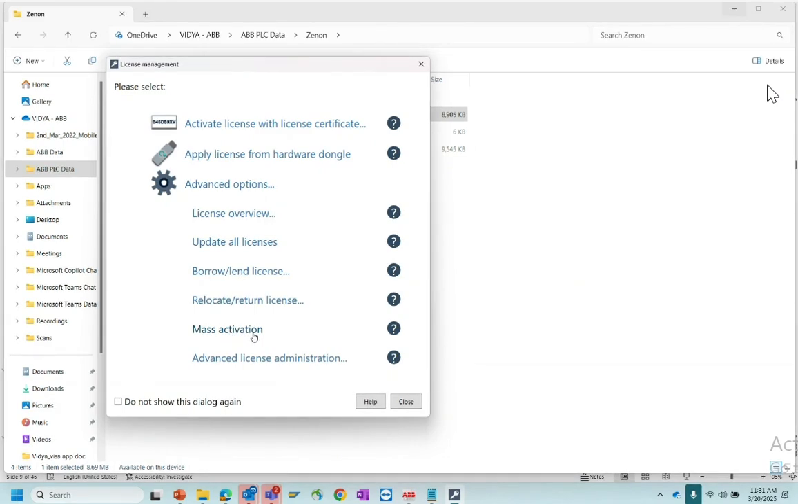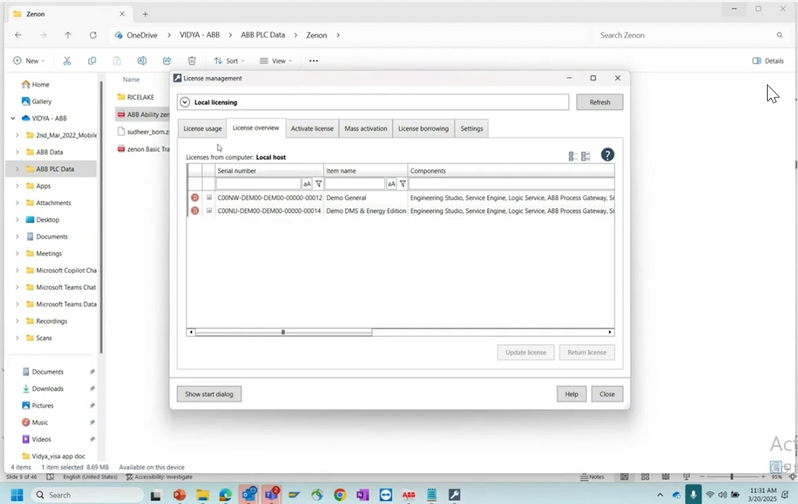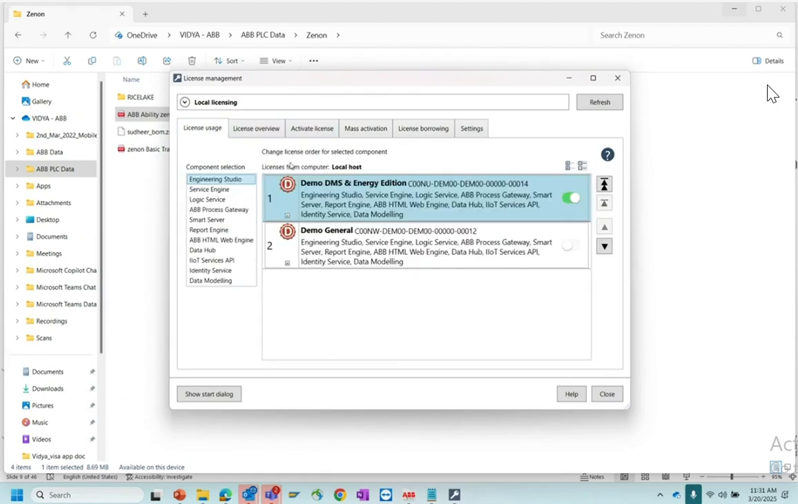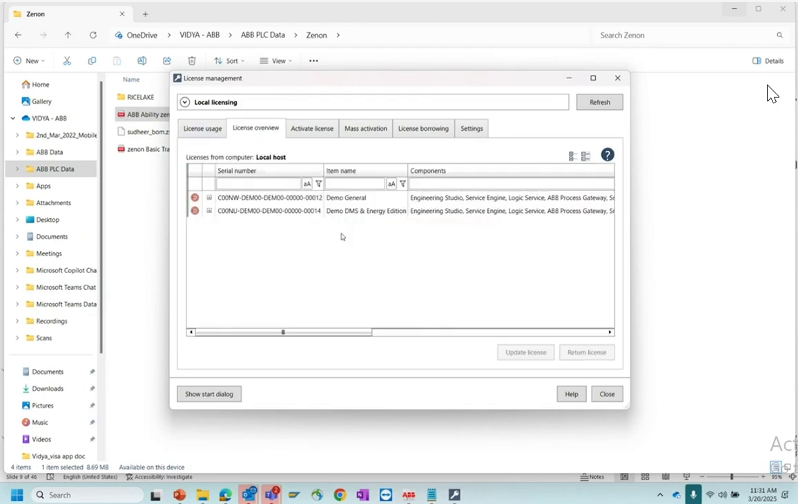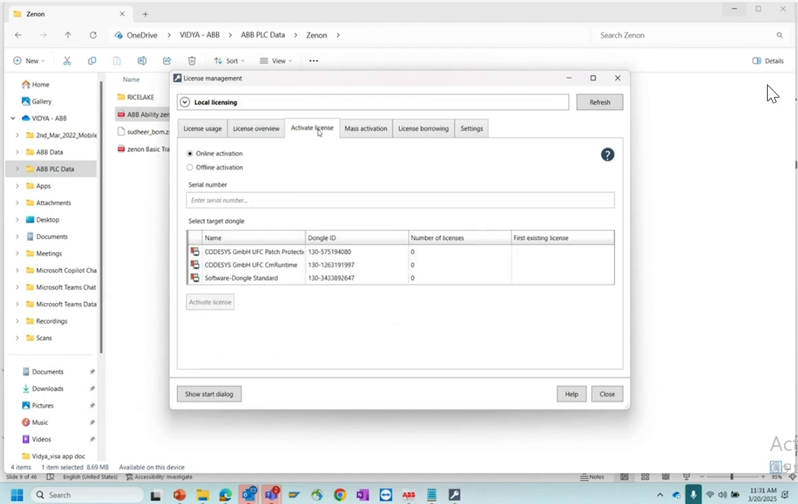Now I will show you how to activate a license. I have a license with me. So go to license overview. Here go to activate. Here it will show you all the licenses that are available. As of now, I have a demo energy edition license. That is what it is showing here. Now I want to activate the license. So click on